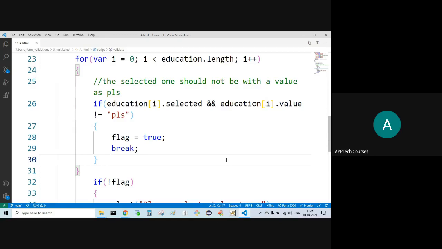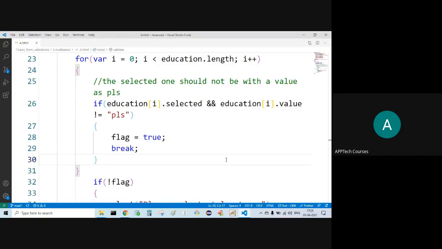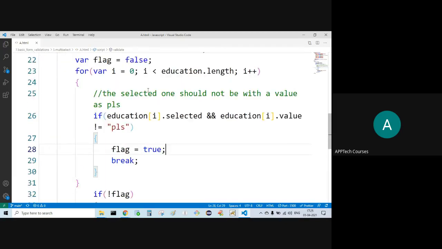Now, I have selected 2 options. Please select B, both options. Not only one. 2 options I have selected. Now it should come to